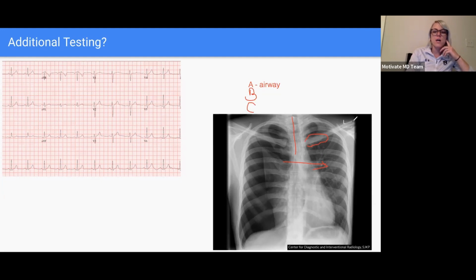Remember, it's like we're looking at the patient right in front of us. So here is the left side, which means this is our right side. It's nice when they put the marker here. But look, our diaphragm looks okay. We can see our costophrenic angle, so there's no fluid in there.